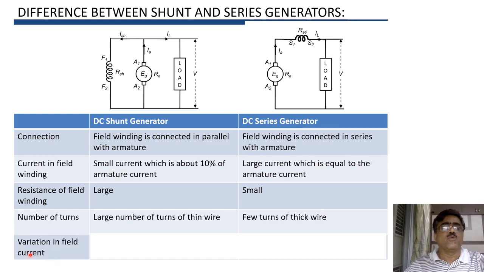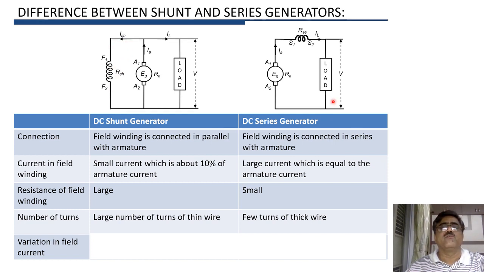Then the most important is variation in field current. Now here if there is change in load, IL will change but ISH will remain almost constant, and therefore with change in load there will not be much change in field current in case of